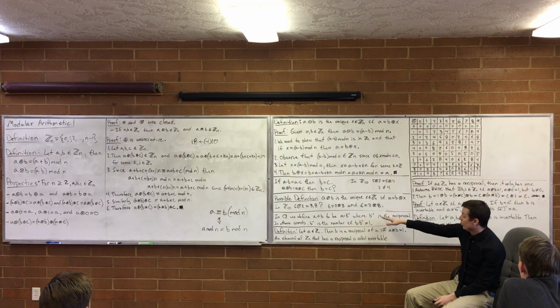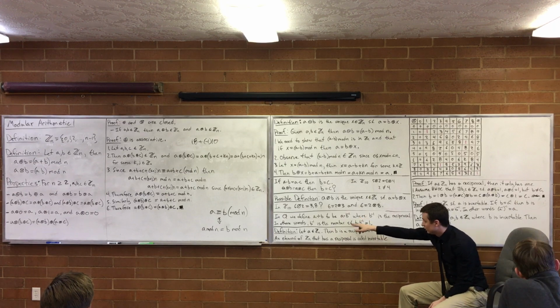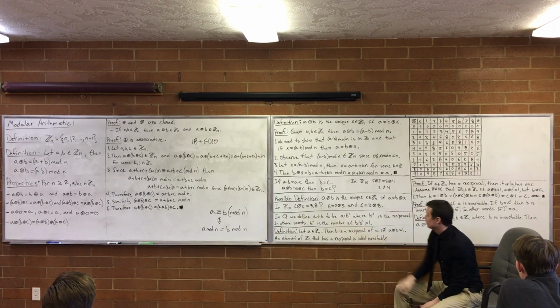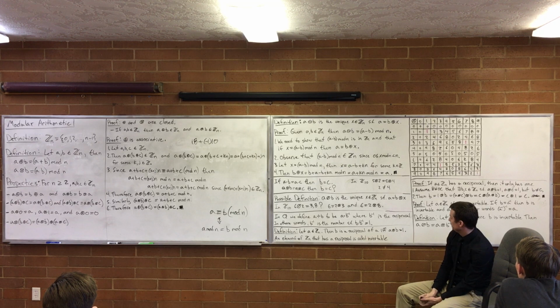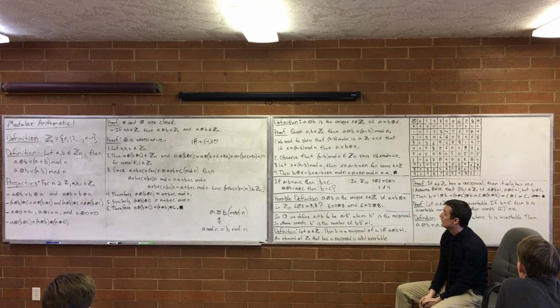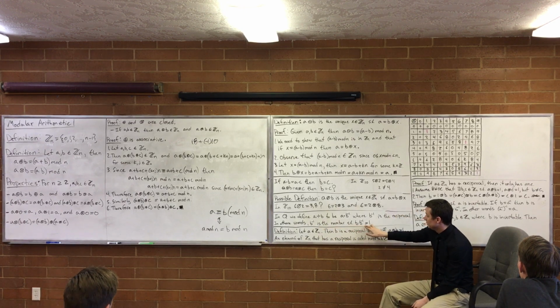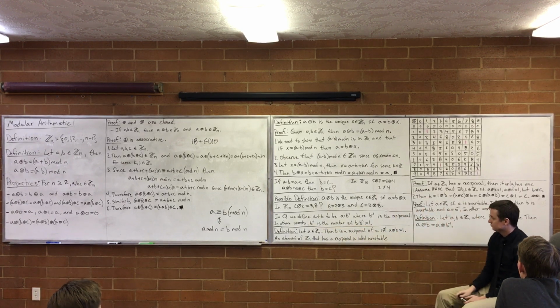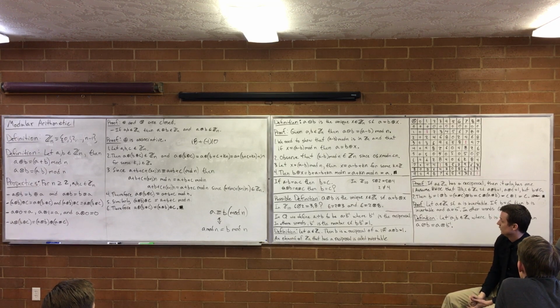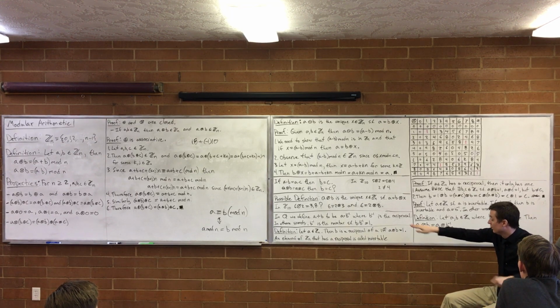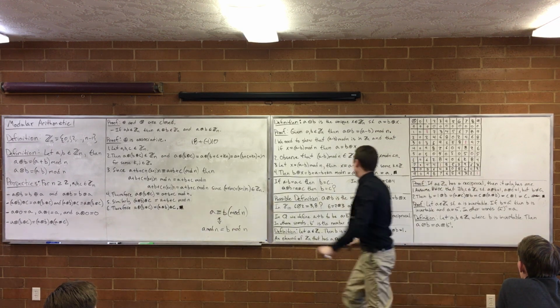So, when we're defining division, we define a divided by b to be a times the multiplicative reciprocal of b. In this case, we're just going to say the reciprocal. In other words, b inverse is a number such that b times b inverse gives you 1. That's just more explanation. Anyways,